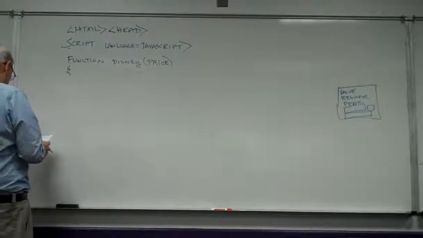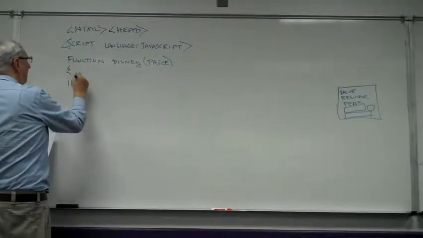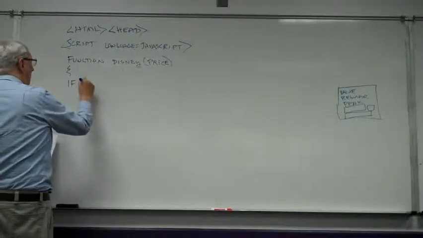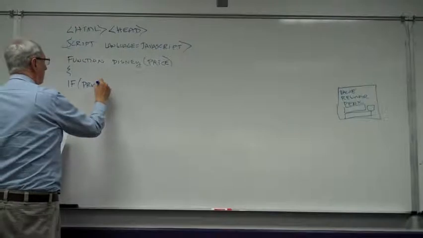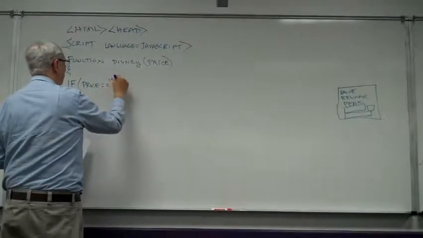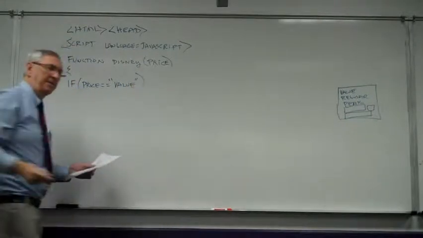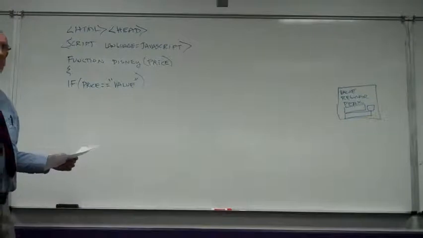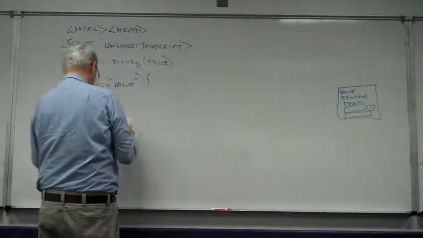The first thing you do is say, well, if price is equal to value, equal to the word value, that means you typed in the word value down there. So therefore, then they're going to say to you, well, here's what the price is for value. Out one,